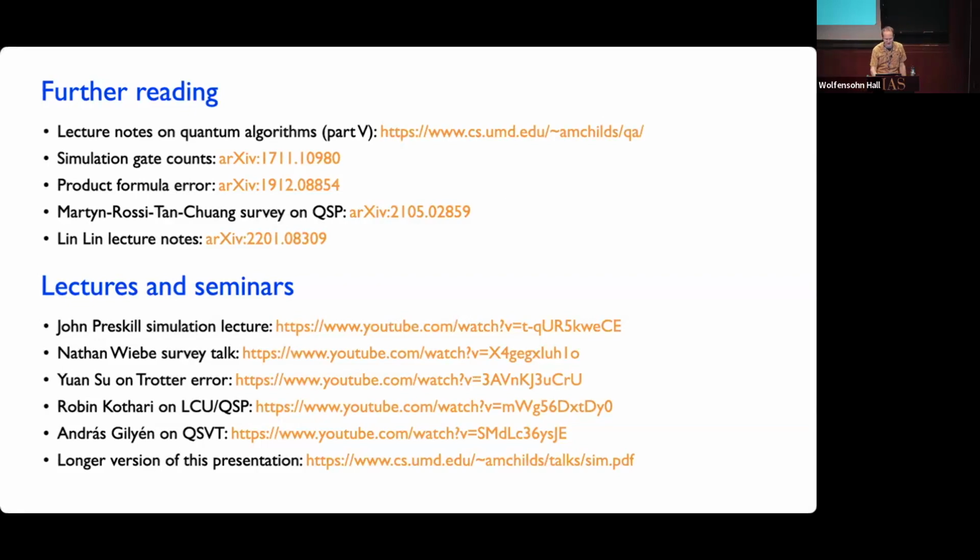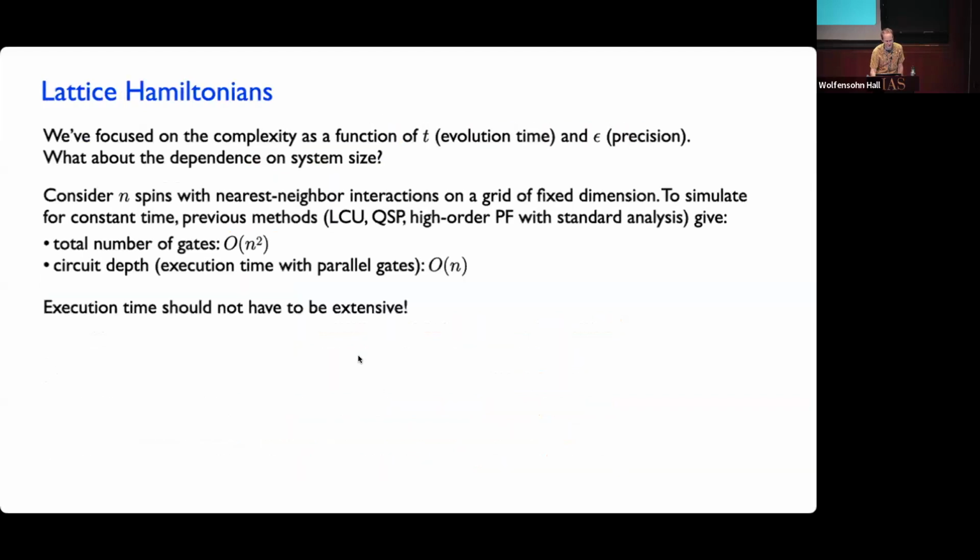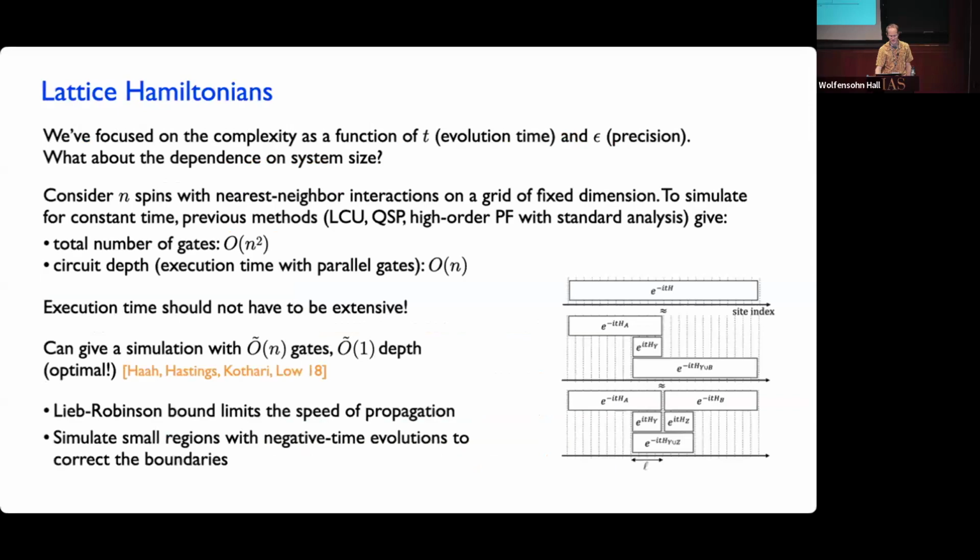Yeah. So this relates to something that I didn't have time to talk about, which is work from the Microsoft group. I don't know if you know this paper by Hastings, Kothari, and Lowe, but they looked at exactly this question. Even with the old analysis of product formulas, before this theory of Trotter error, the complexity was not extensive in this sense. The depth to simulate an n-qubit system for constant time would actually grow with n, according to the old error analysis. So this was a problem for all of these methods before this paper.